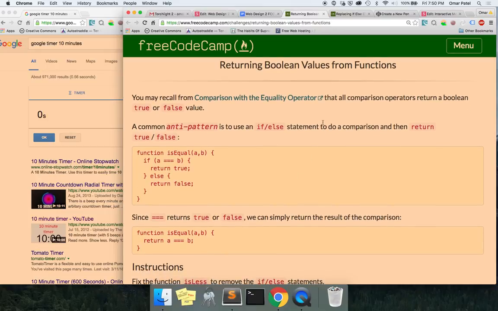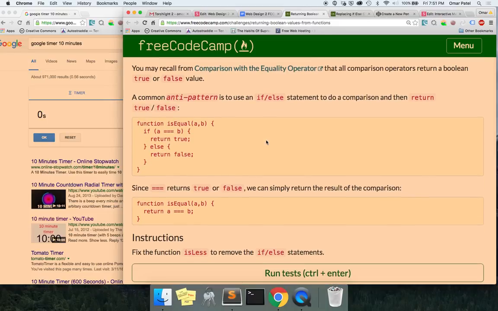So every comparison operator returns a true or false value. If you have less than or equal to, or equal to or not equal to, it's going to return true or false. What you're supposed to do, in general, is return a value, not just print